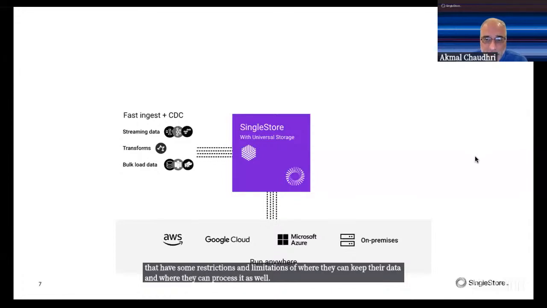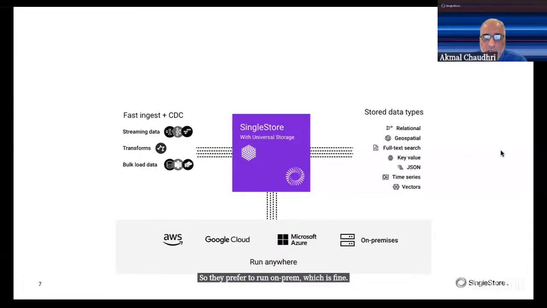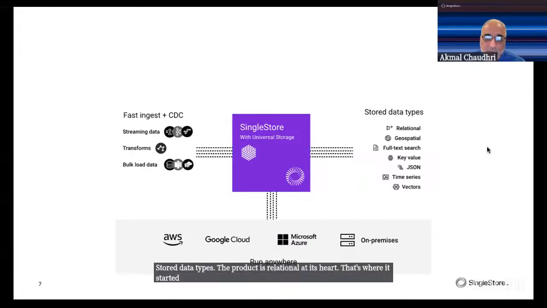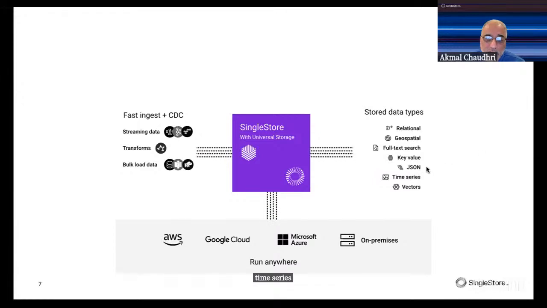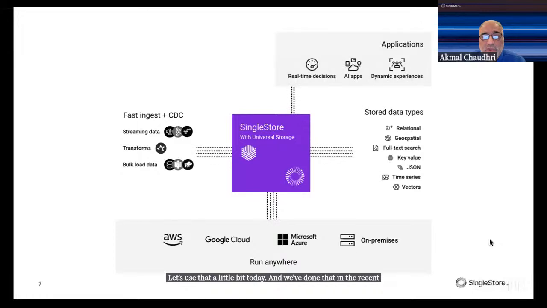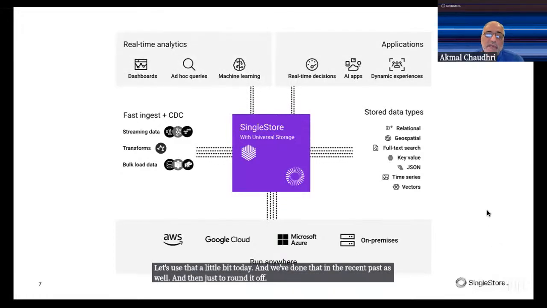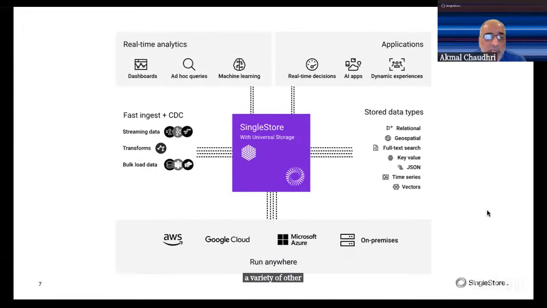So they prefer to run on-prem, which is fine. Okay. Stored data types, the product is relational at its heart. That's where it started, but we've covered in past webinars geospatial, time series, we've done JSON as well, and vectors. Okay, let's use that a little bit today, and we've done that in the recent past as well. And then just to round it off, a variety of other tools, applications, real-time analytics that you could use as